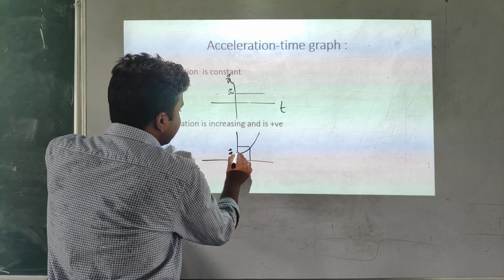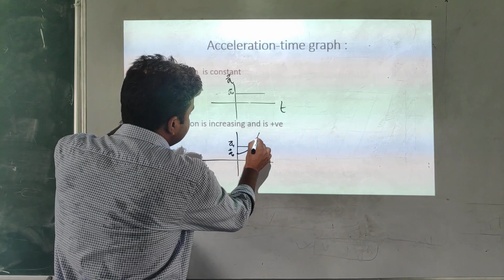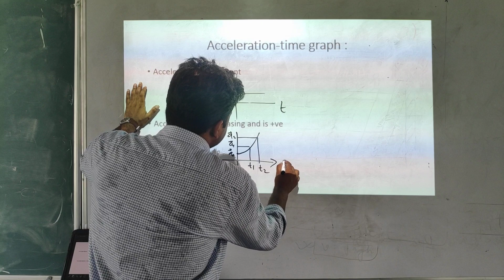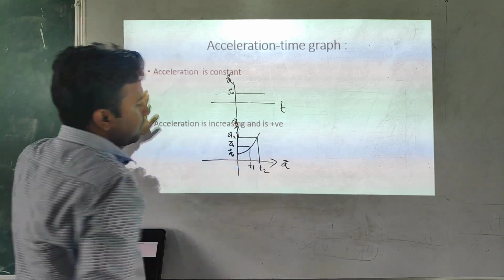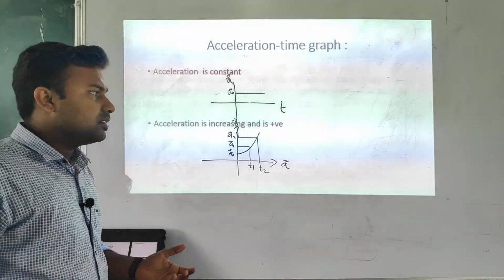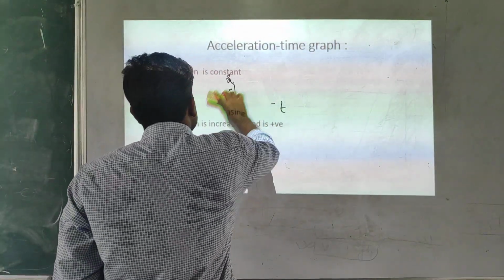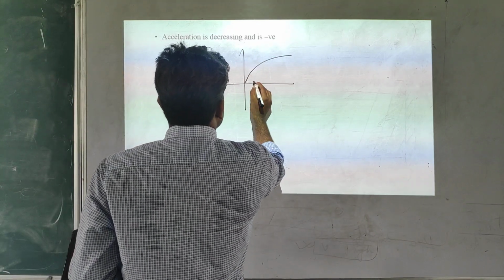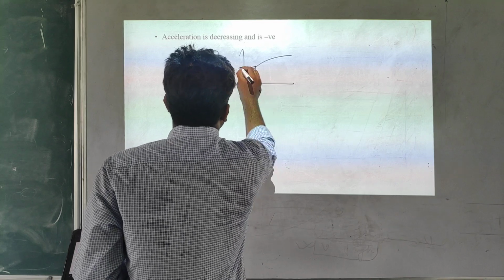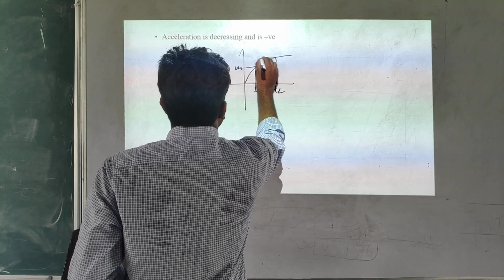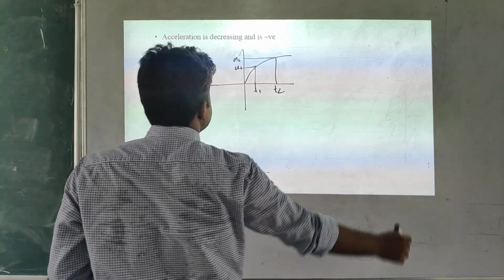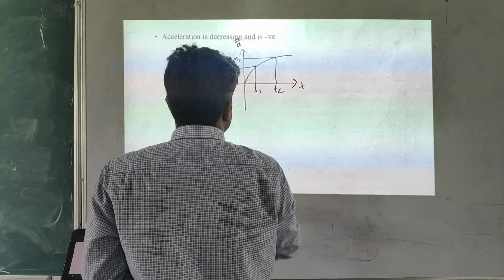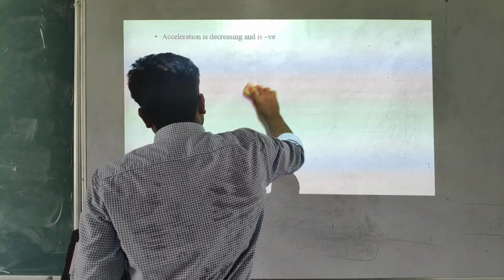Now what will happen with respect to time? It will increase. Look at this, with respect to time it's continuously increasing. So it's an accelerated motion example. Now students, next case is, I think, the decelerated case. You all know that decelerated case. With respect to time, at T1 we have A1, at T2 A2. Look at this, it is decreasing. After some time it will decrease and become negative. So this is the case of the acceleration versus time graph for a decreasing acceleration.